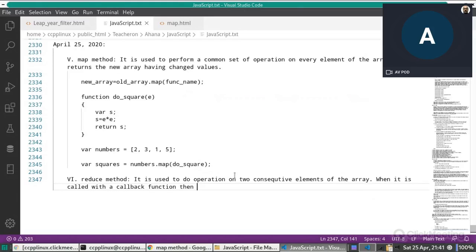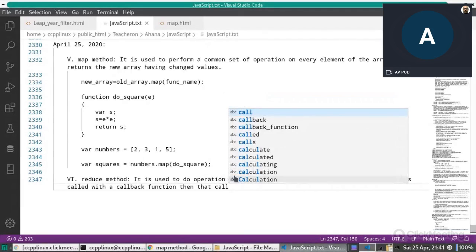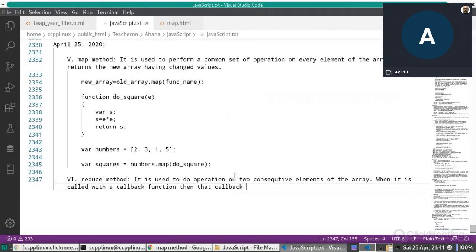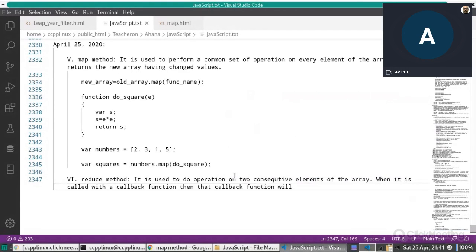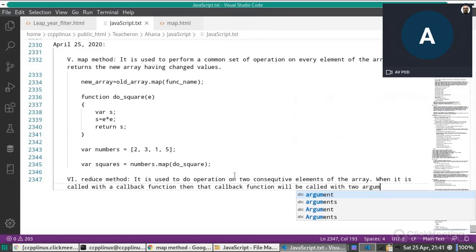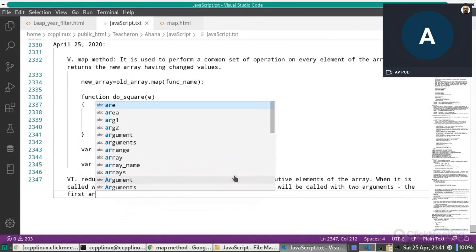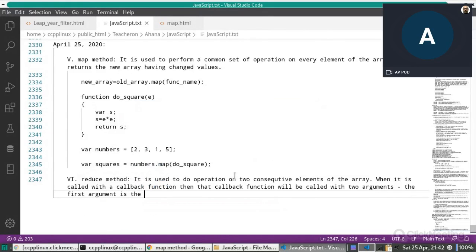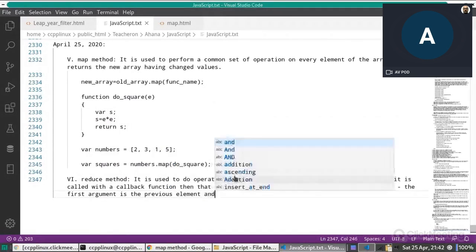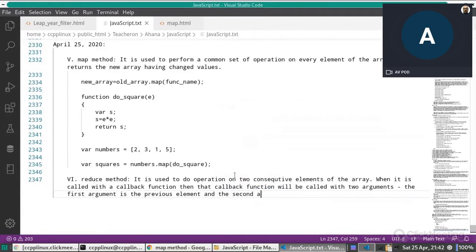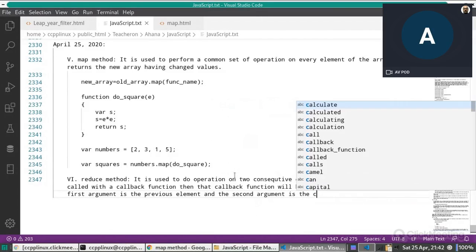That callback function will be called with two arguments. The first argument is the previous element, and the second argument is the current element. It is like this.